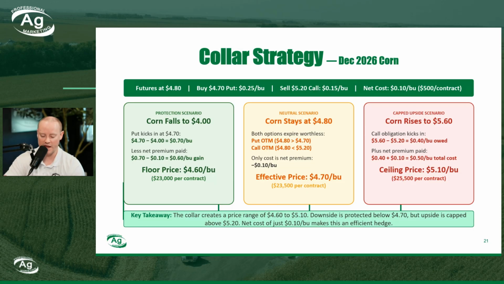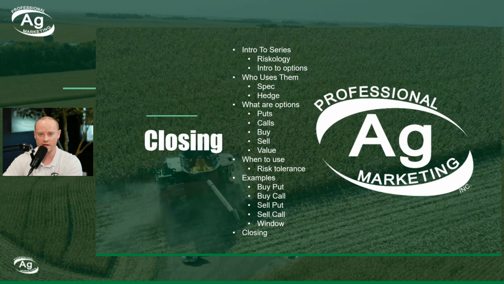So that strategy is very nice because if I own corn that I'm going to sell or produce, I'm willing to say, I want to protect today's price, and if it goes up to a certain level, that's okay. If it goes up above that, I'll be happy if I get maxed out at that. So this is a very realistic strategy that I think farmers employ today that we work with and can be very, very used. So this is our closing.